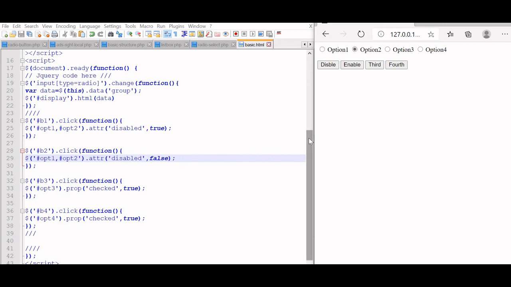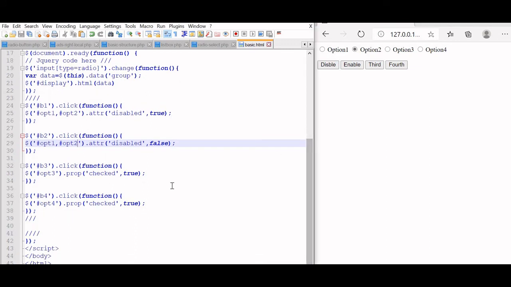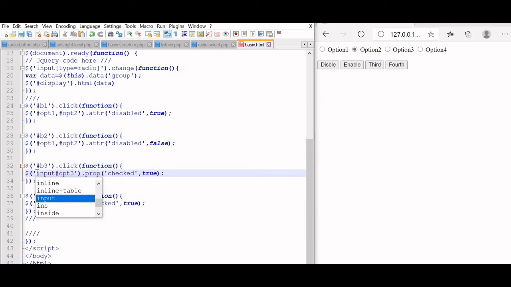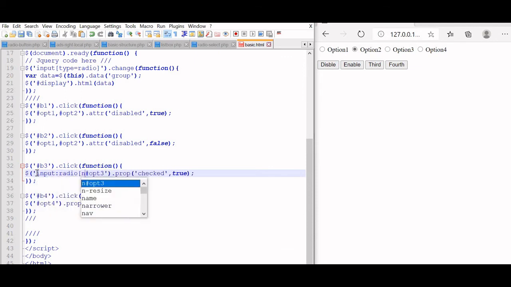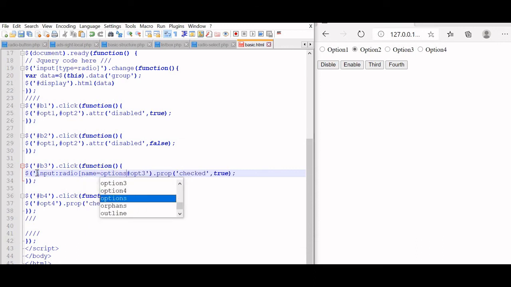Now let us try to make all the 4 radio buttons enable and disable. Now we will make button 3 disable all the 4 radio buttons. So what we will write is input, radio, name is equal to option.